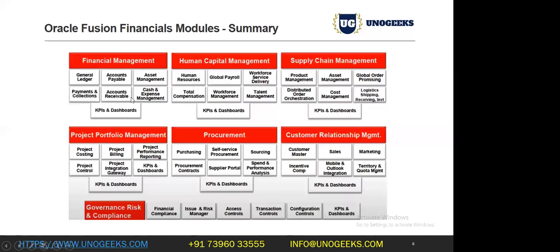your financials area. Under the financial area, what are the different modules, or options, which we have? That is general ledger. This can be used to track all your general ledger related information. Of course, this would be the heart of the application. And accounts payable, this is related to your vendors. Asset management is related to tracking your company's asset information. And payments and collections, this is related to your payments, accounts payable payments.